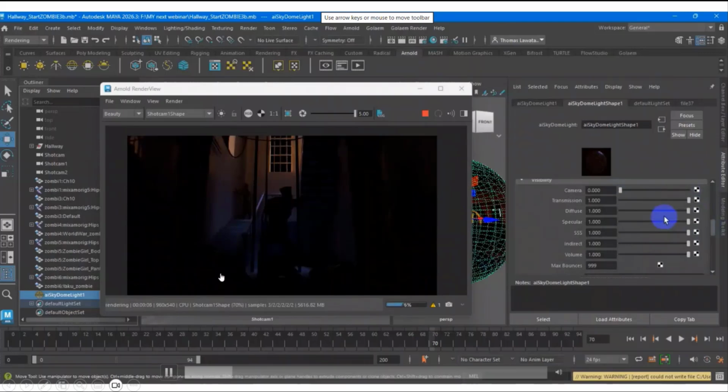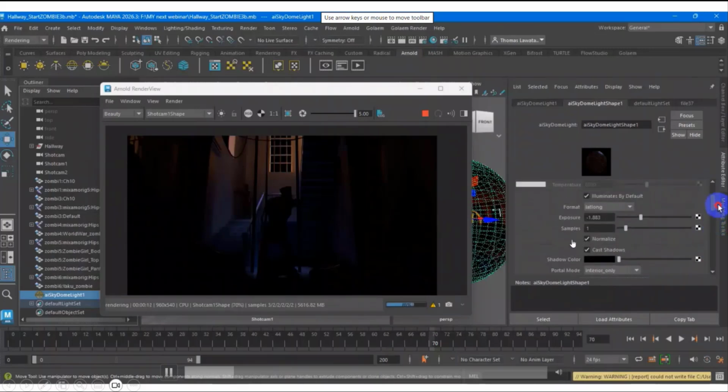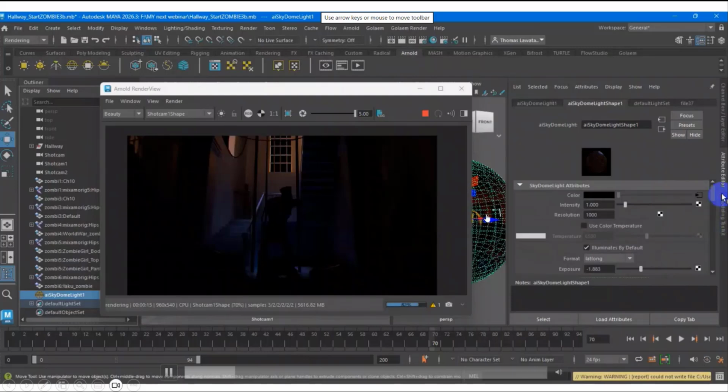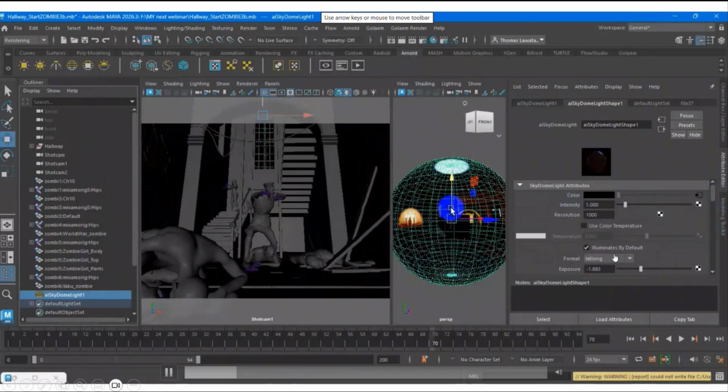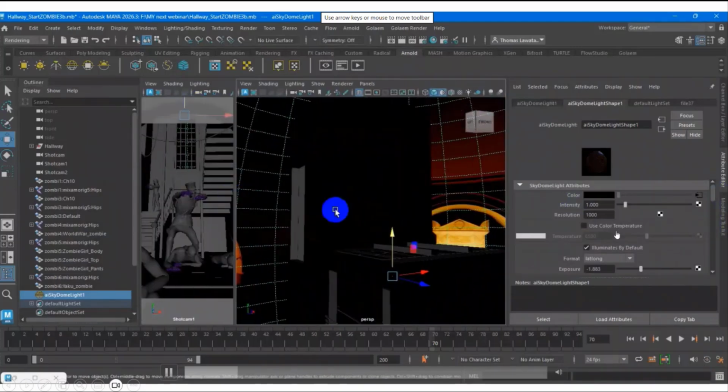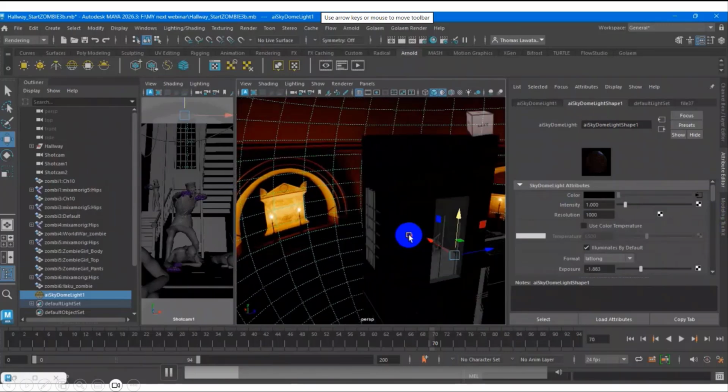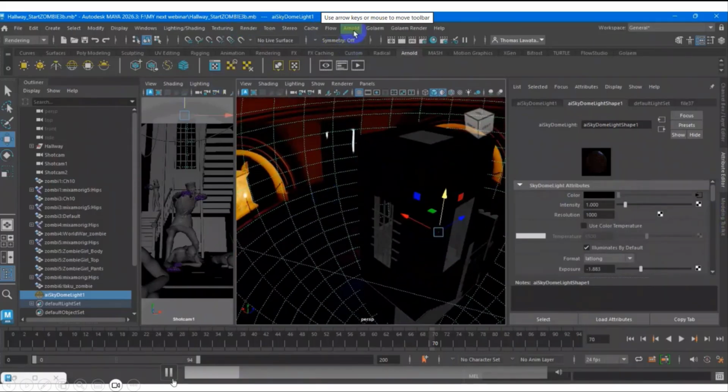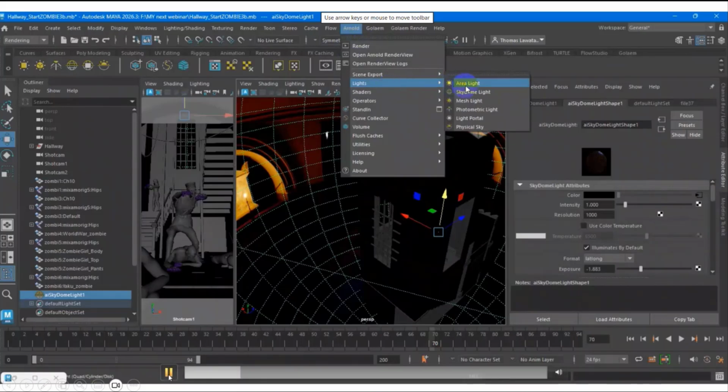Okay, so I try to render again. In this session I tweak some items, the intensity and the exposure, two items I need to tweak. Once you have this skydome, sometimes you have noise. When you see my screen right now, you may ask where's the noise? Because I'm using the AI denoiser filter inside the Arnold render.